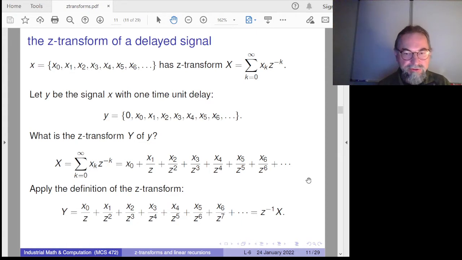So we work with the definition, and we see that the definition for y can be simply written in terms of the z transform of the original signal. So the delayed signal is z to the power -1 times the z transform of the original signal. Okay,